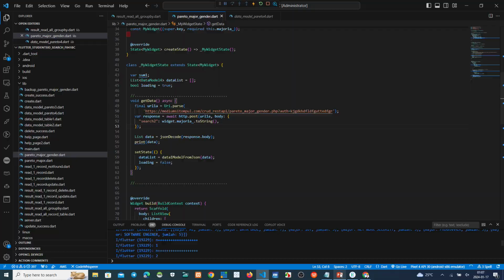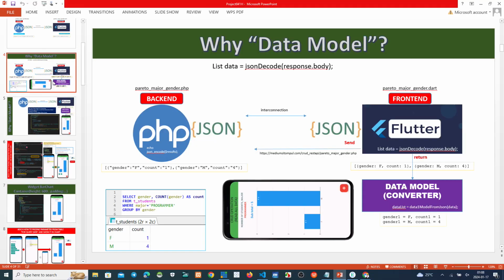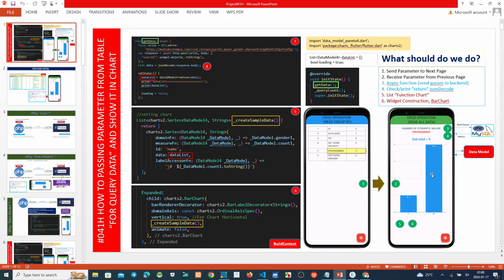Okay. After that, we want to count this one, to have information about a counter, sum or count. This one equals 5.